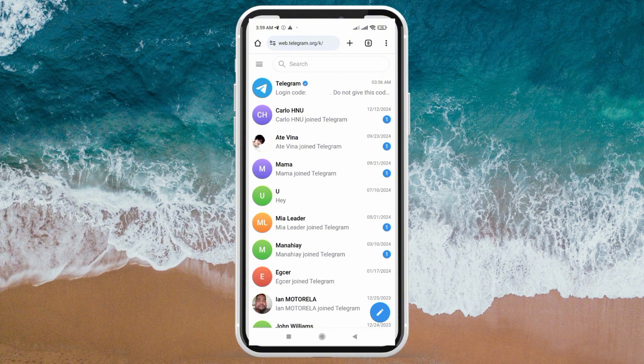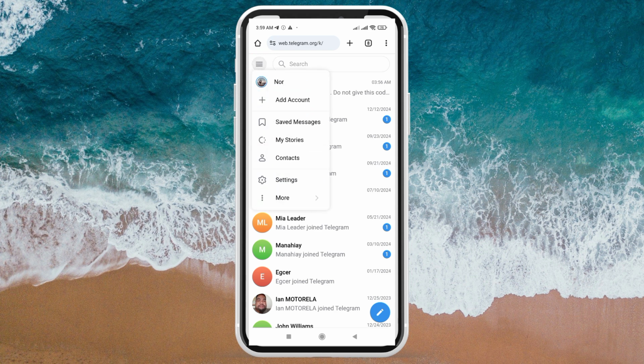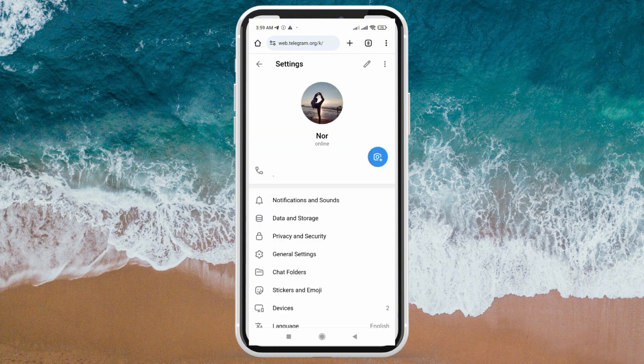So once you're signed in, notice the three horizontal lines located at the top left corner of your screen. Tap on it and tap on settings. Now this will show your profile settings. You just need to go to privacy and security